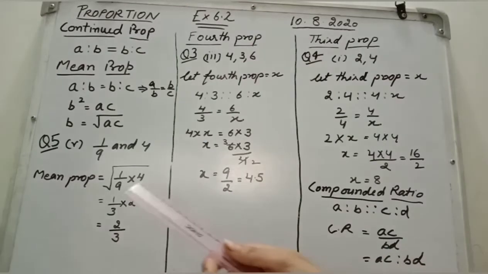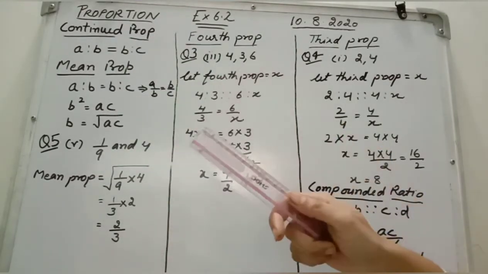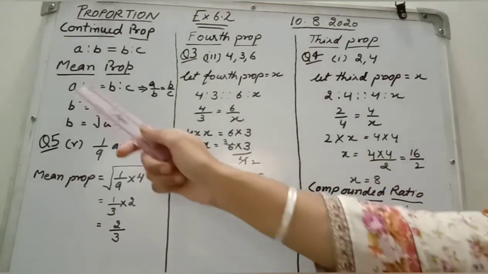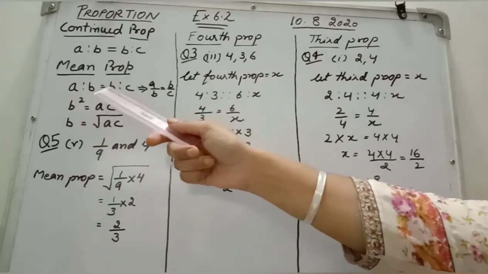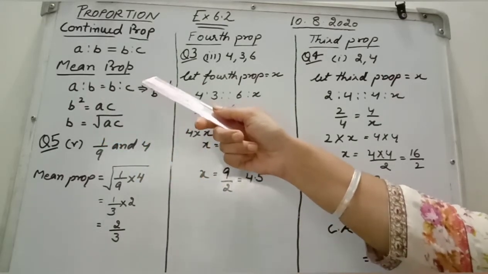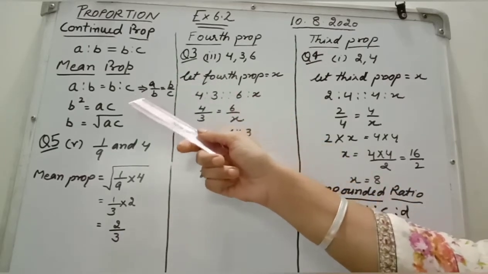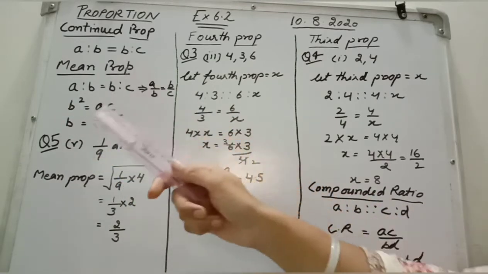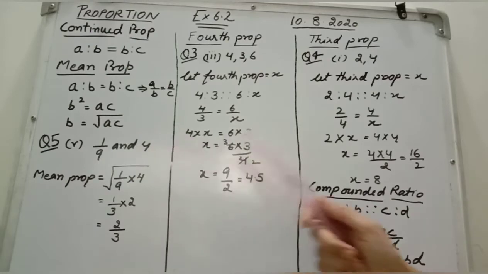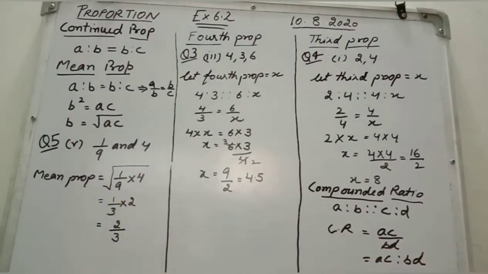Next is mean proportional. In mean proportional, again three quantities are given to you, A, B, C, and B is the mean between A and C. Okay. So again it becomes A ratio B is equal to B ratio C. We can write A over B is equal to B over C. After cross multiplication we get B multiplied with B, we get B square, and A multiplied with C, we get AC. Okay, when the square moves to the other side, we know very well it becomes square root. So B is equal to square root of AC. This is the mean proportional formula.